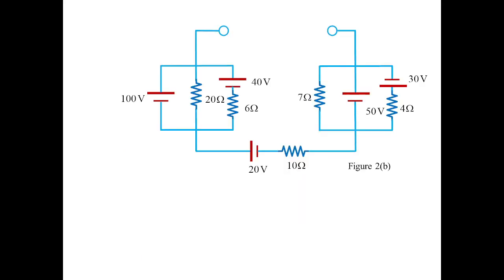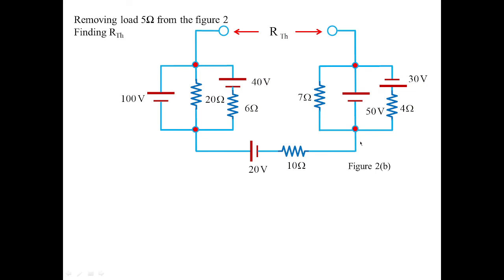Now let us go with the next step. I have to calculate R Thevenin. For calculating R Thevenin, I have to apply the same logic. First, observe that the voltage source 100 volts is dominating this parallel circuit, and 50 volts is dominating this parallel circuit, and that has to be short circuited first. That is the main criterion. Once this is shorted, the short will be applied across 20 ohms in parallel with 40 in series with 6.